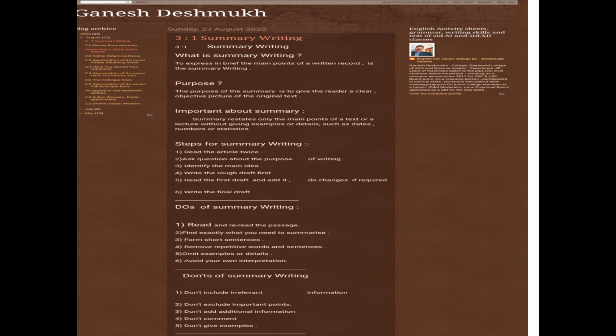First one, we see here the name Ganesh Deshmukh and the date, it is header. Blog archives, we say in the left sidebar, the documents published in chronological order, are given here. In the right sidebar, the profile of the writer is given and the main content has come here in between the two sidebars. So, this is the structure of the blog that this writer has chosen. This writer has chosen two sidebars that we have seen here in this diagram.